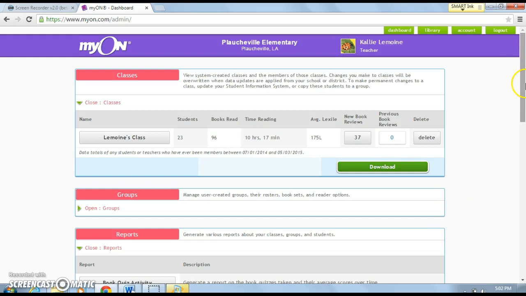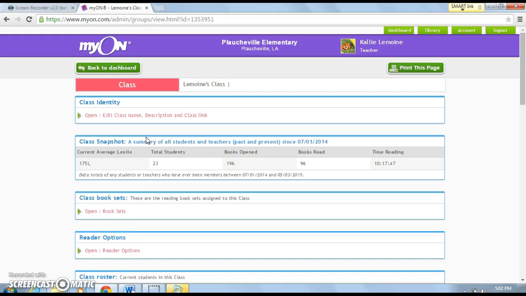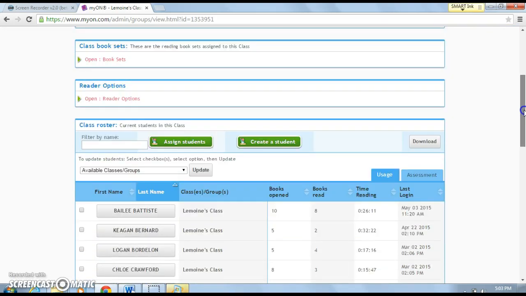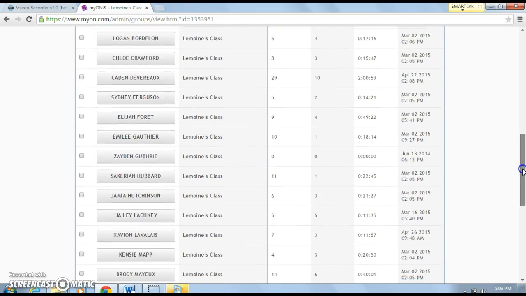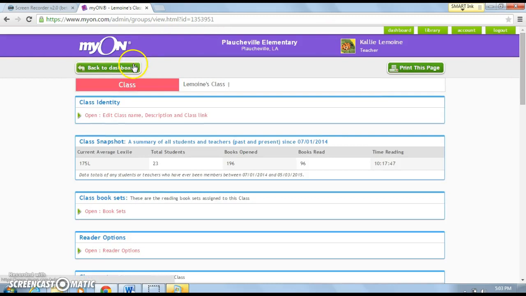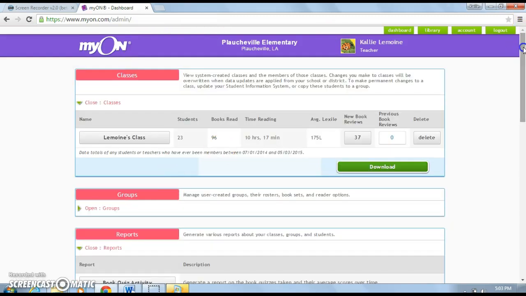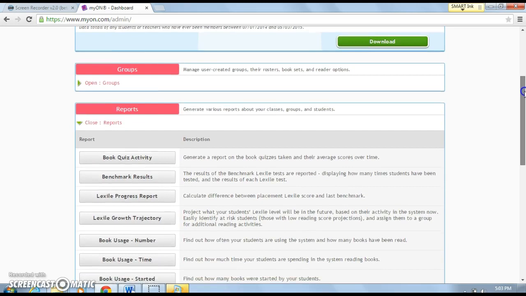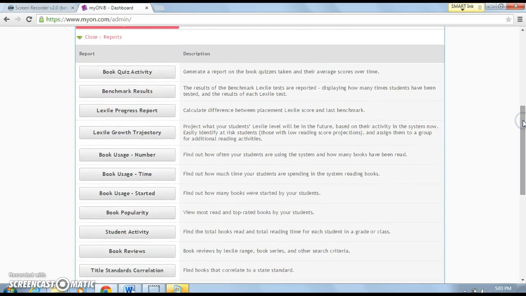On this screen, I can find reports about my students. I can click on my class right here, and if you scroll down, I can see each of my students, how many books they've read, and how many minutes they've spent reading on myON. If I scroll down in the dashboard, you can access different reports: their book quiz activity to see what each student scored on different book quizzes, benchmark results to see where they're at or if they're growing, Lexile progress reports,